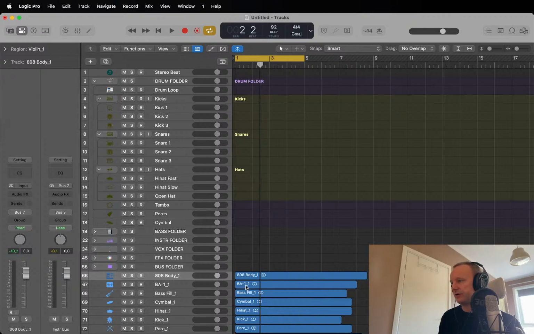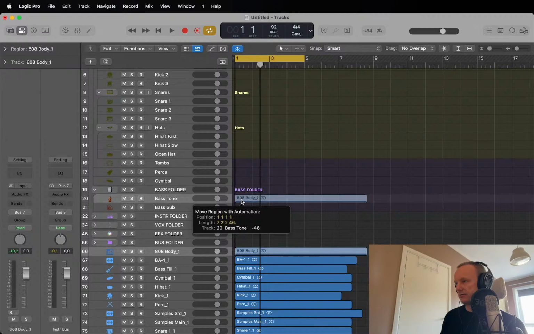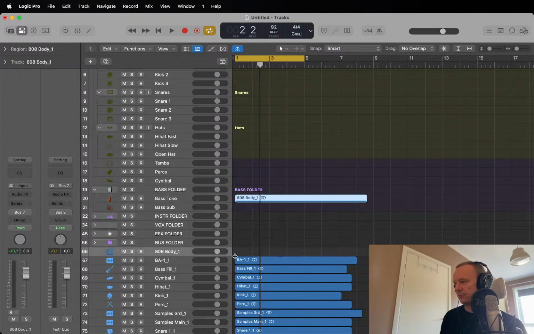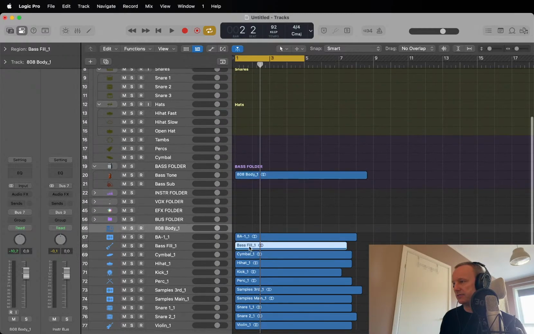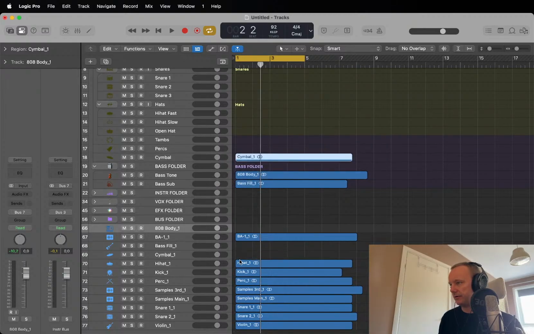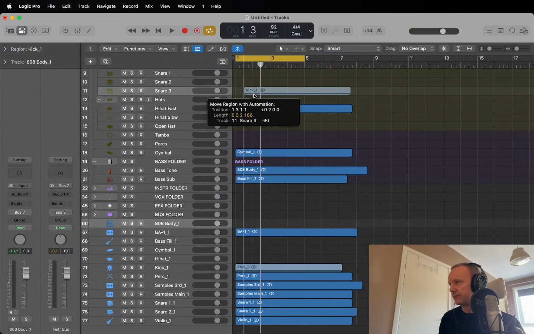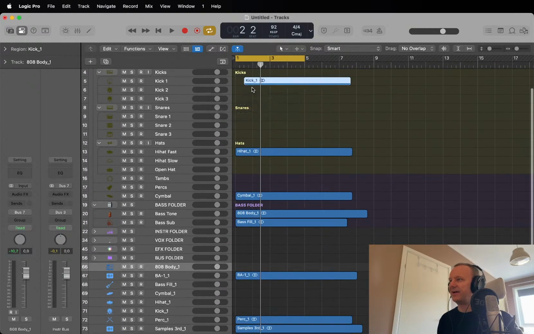So I have here an 808. This is a bass. So I have a bass folder right here. I'll do it with the bass tone right here. And then I have a bass fill-in, sort of. I'll just rename them afterwards. I'll drag them up. Then we have a cymbal here and some hi-hats. I have a kick. Drag it up to the kick. And